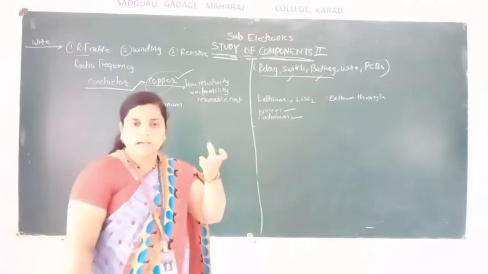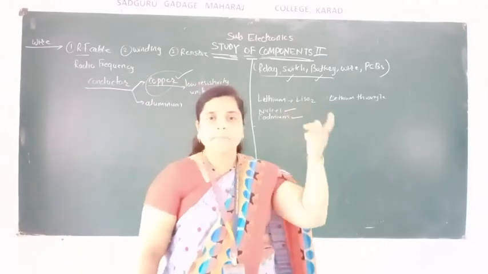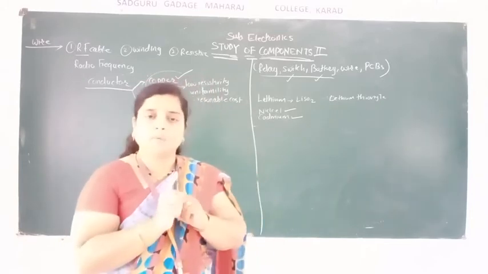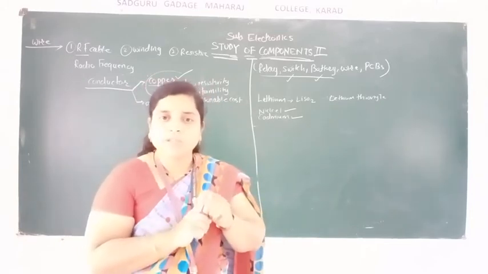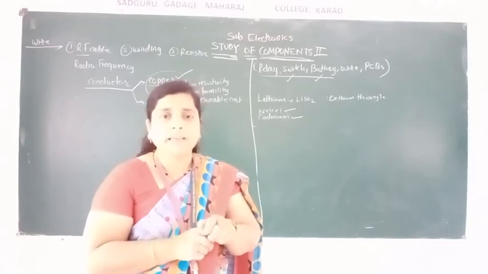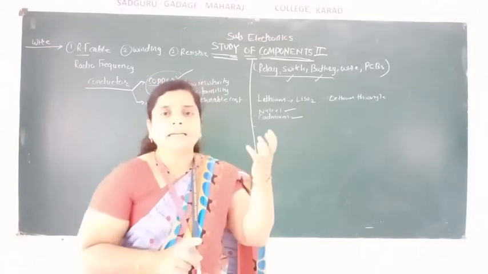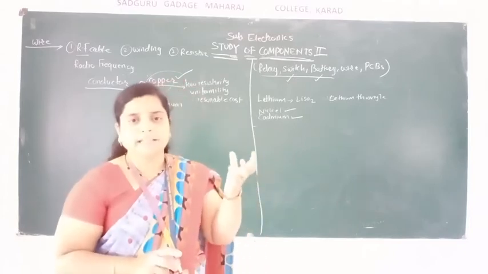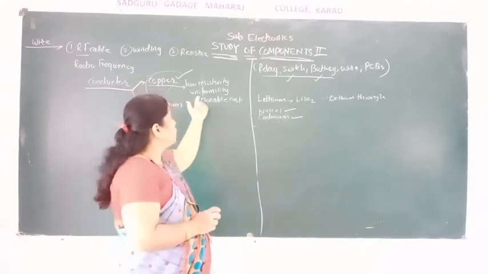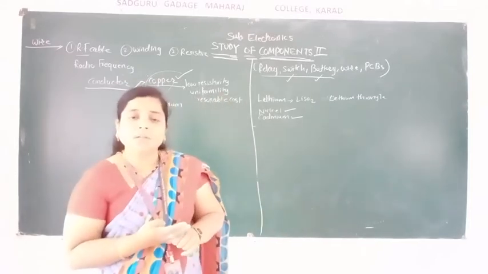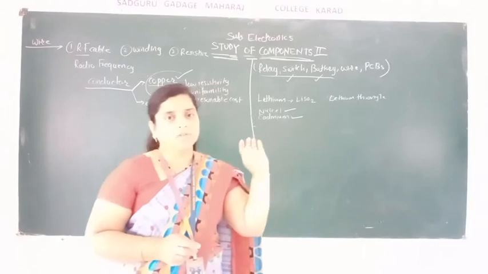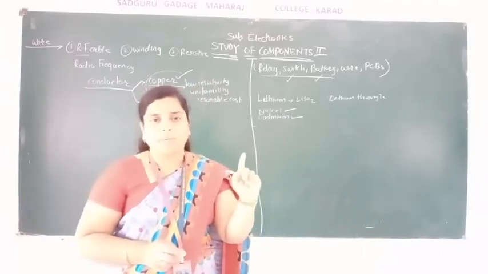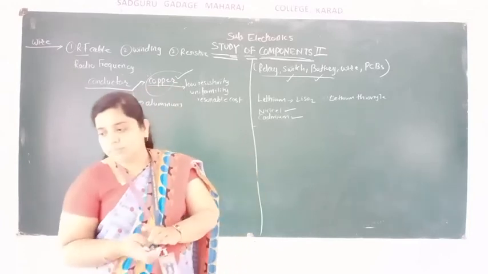Mostly wires are copper. If you take the wires in our home and open them, you will find copper in the wire. So why is copper mostly used in wires? Because copper has low resistivity, it has a reasonable cost, it's not expensive, and it has uniformity. Uniformity means the current will flow in a uniform motion, not in a circular motion. Therefore copper wire is mostly used.